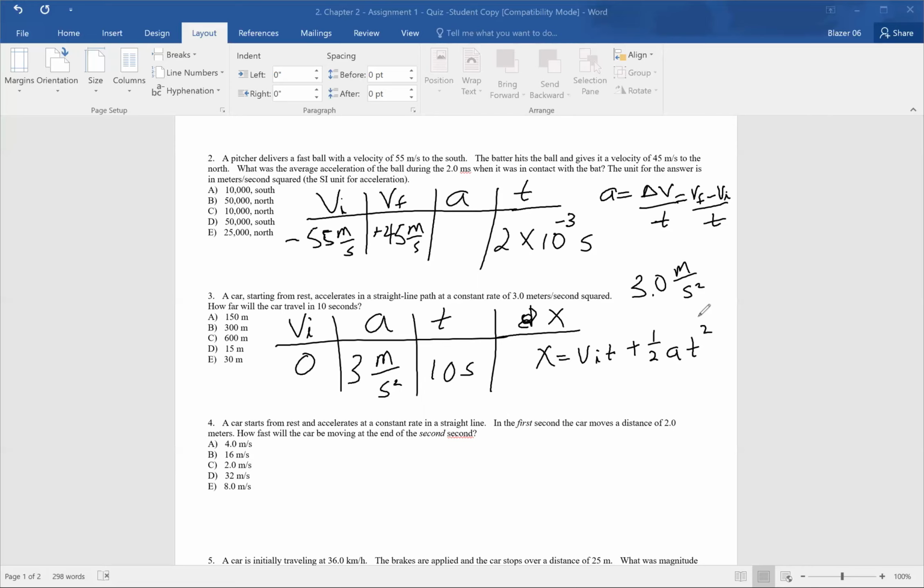So that what I can do in my head. Look, I know what time is. Time is what? 10. 10 squared is 100. Okay, 100 times 3 is 300. Half of that is what? 50. You see, some of these problems, once you plug it in, once you write the equation, you don't even